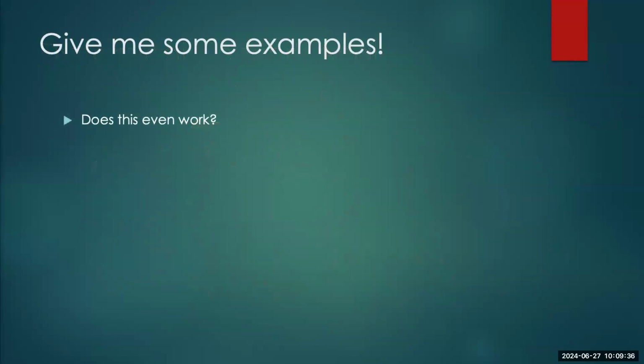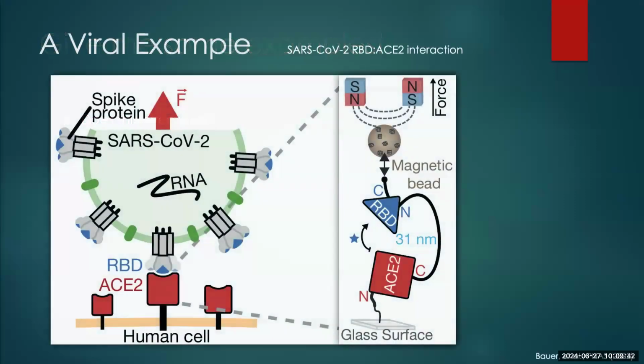So yeah, we've been using this for a little while. Rafael mentioned a couple of examples. One recent one, which unfortunately is very familiar to everyone. I don't need to really explain what COVID is at this point, but we've heard a lot about the interactions between the receptor binding domain, the tip of the spike protein of COVID, where it interacts with ACE2, the human